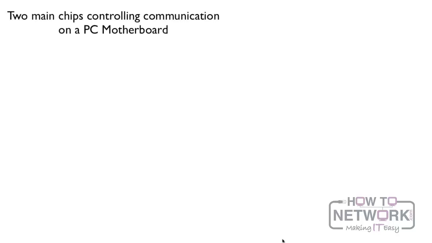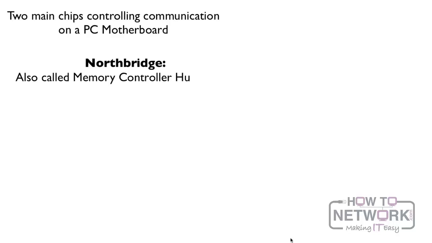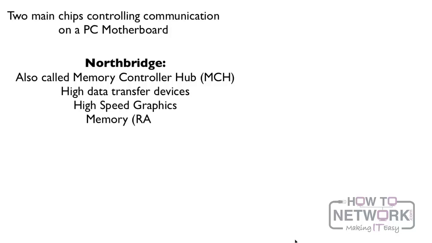All right, so now let's get into this. A really important part of A+ is that there are 2 main chips that control communication on a PC motherboard: the North Bridge and the South Bridge. The North Bridge, which is also called the Memory Controller Hub for a reason you'll see in a second, is responsible for high data transfer devices. So think about North, high, it's higher up. And there are 2 main high data transfer devices we're talking about here: high-speed graphics and memory, or RAM, which is random access memory. These 2 items need the fastest communication to the CPU, to the brain of the computer,